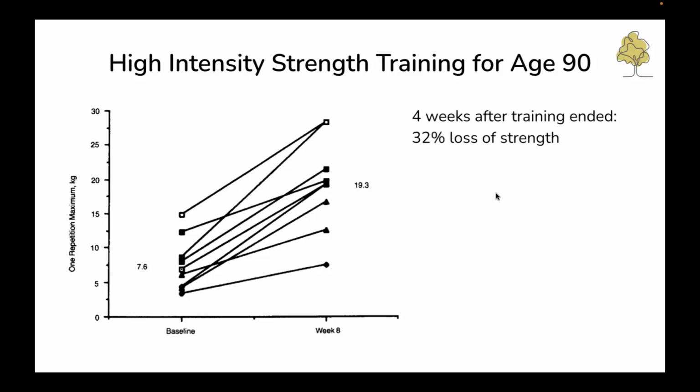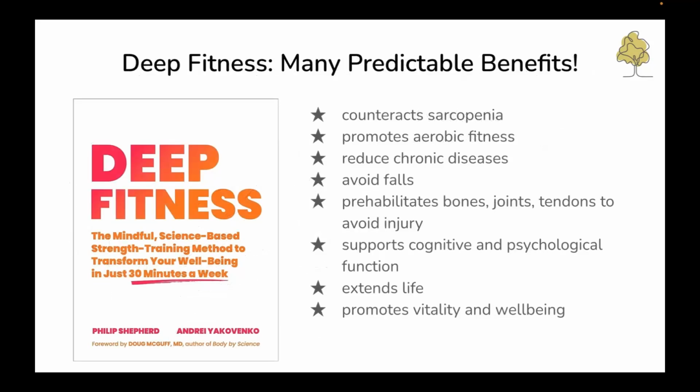4 weeks after they stopped the training, they had lost 32% of that strength. So it's important that we continue it. We have to continue it. So this book, Deep Fitness, is probably one of my favorites in the exercise space. And one of the things I love, they do such a good job aggregating a whole lot of science about sarcopenia and about strengthening. And what they find is this particular approach of strength training, this mindful strength training to